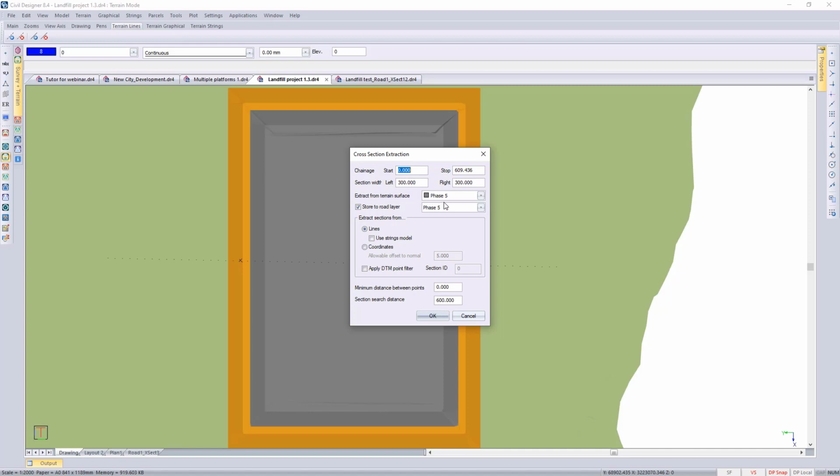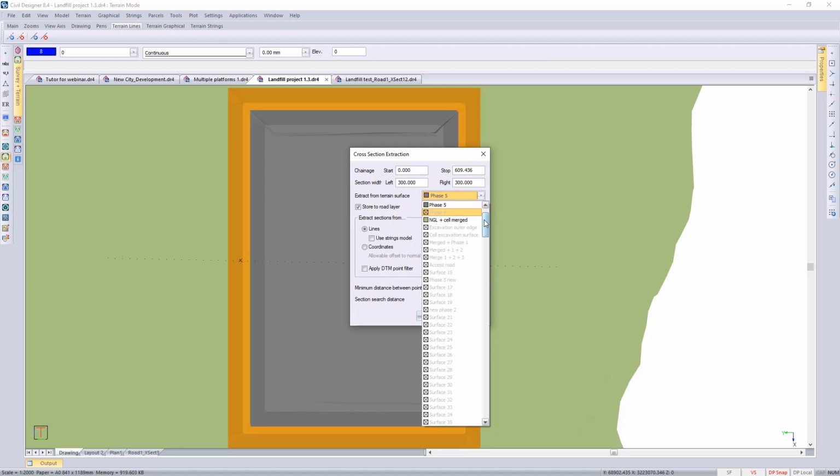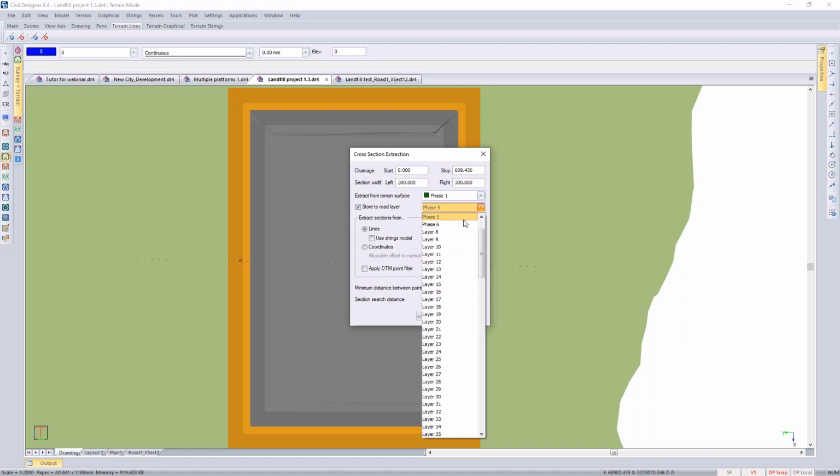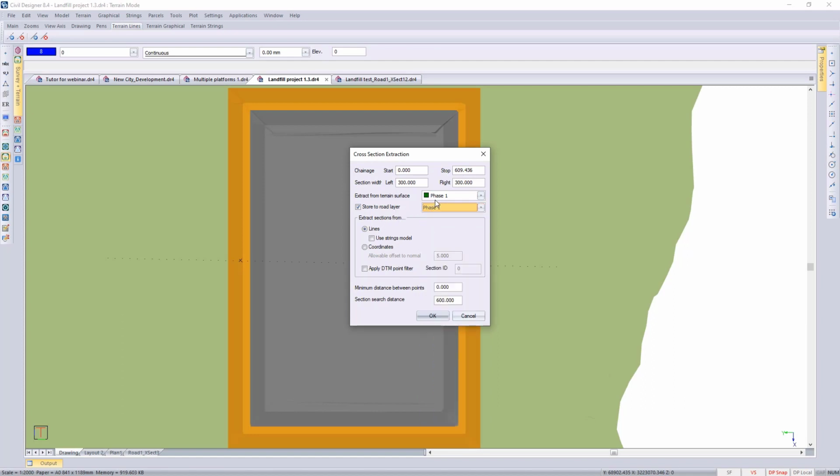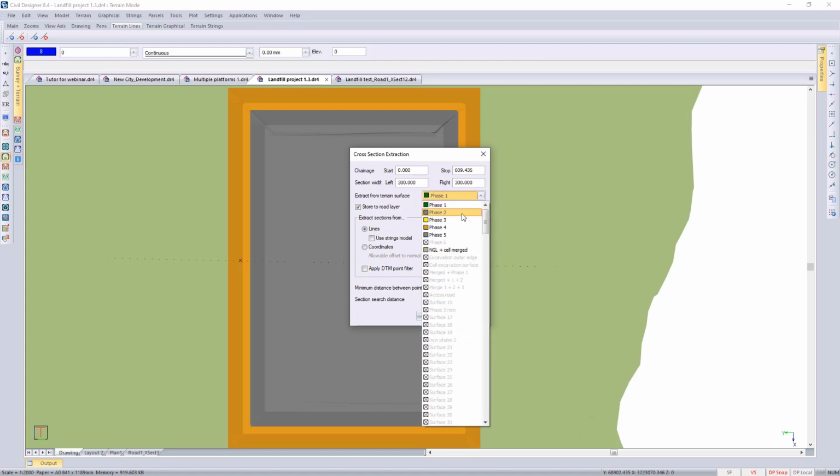And you can see we're extracting it from each terrain surface and storing it to the corresponding road layer. So it'll be phase 1 to phase 1, and that's the terrain surface 1 to road layer 1. Okay, and then it would be 2 to 2,